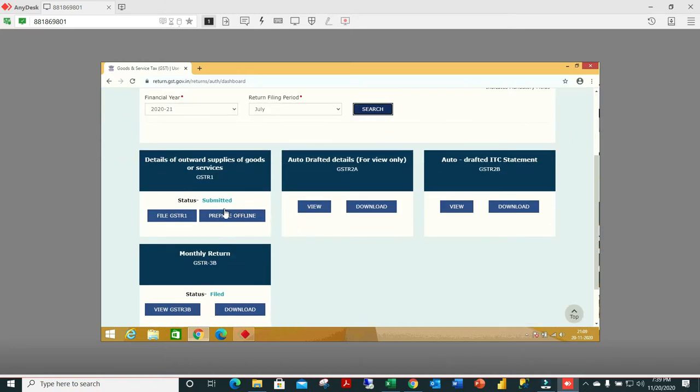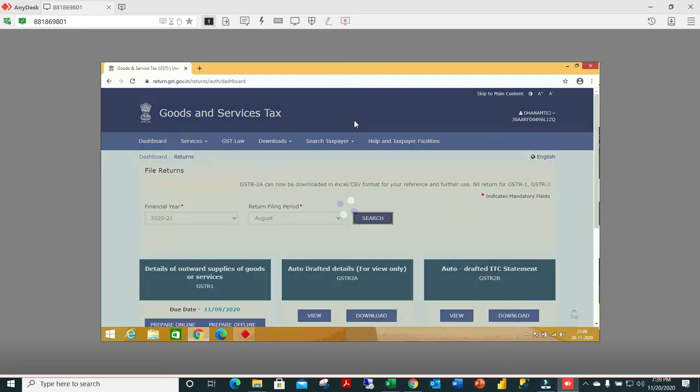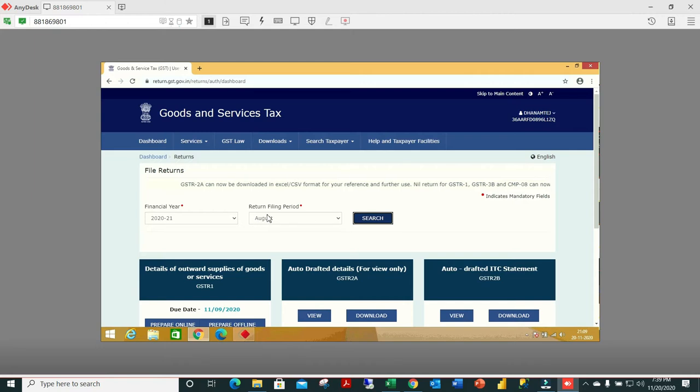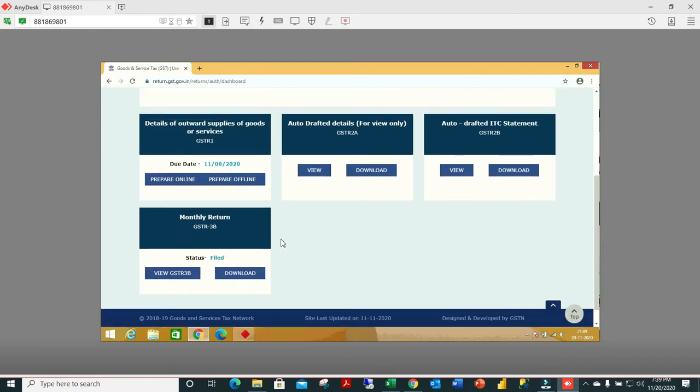Then we can see now the GSTR1 is fine. GSTR3B I have already filed, which I will show in later stages. But since I have a lot of GSTR1s pending, I will finish off GSTR1 first, then I will go back to GSTR3B. Now July is done.